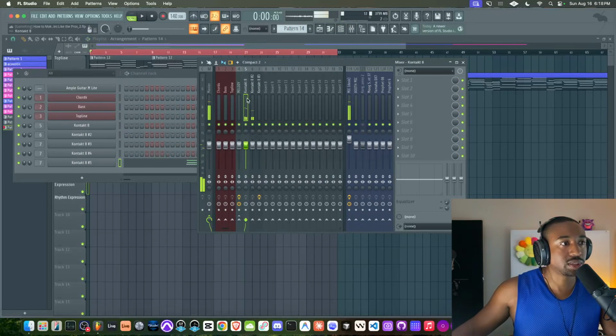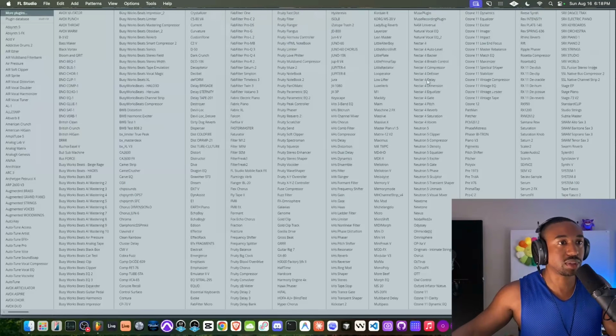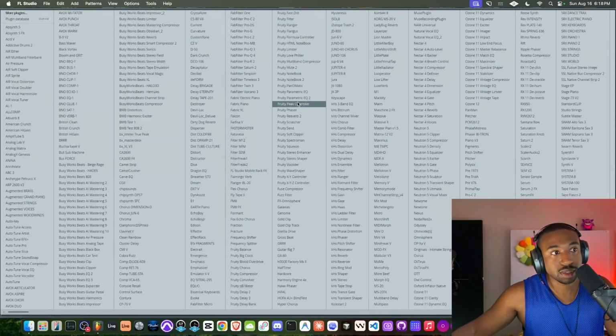So let's add a little movement to these keys. We're going to add a plugin. This is not a free plugin. I guess we could use a free plugin. Let's try Fruity Panomatic. Only thing is it's not my favorite, but we'll pull it up